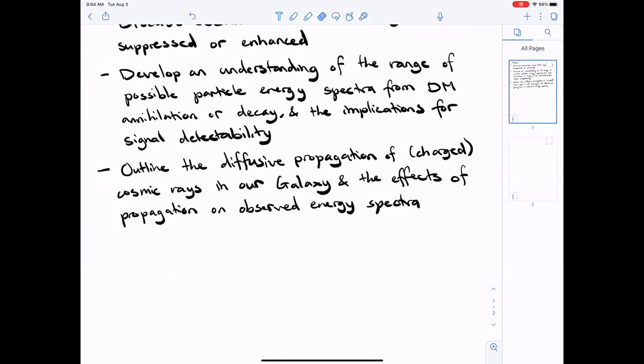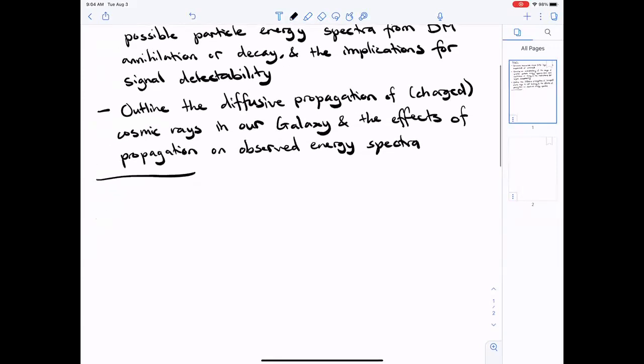So let's begin by talking about, what are the dream and nightmare signals for indirect detection. So we talked last time about the plausibility of seeing dark matter decaying with a lifetime of up to 8 to 10 orders of magnitude longer than the age of the universe, and thermal relic dark matter with mass scale, and being able to test the thermal relic scenario for mass scales up sort of 10 to 100 GeV. But not all models have visible indirect detection signals like that, and there can be significant model-dependent modifications to the basic picture that we laid out last time. So, what are the dream and nightmare scenarios for ID?